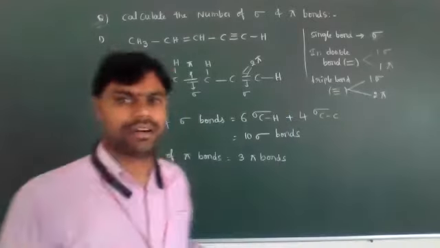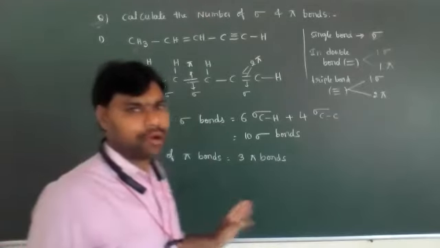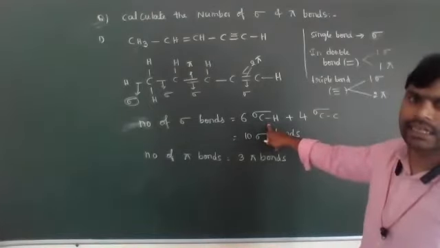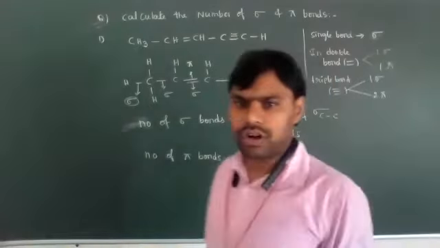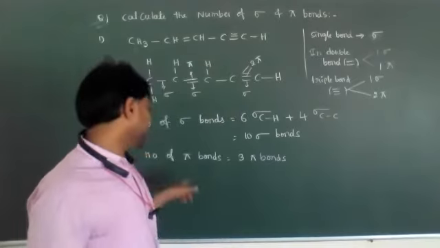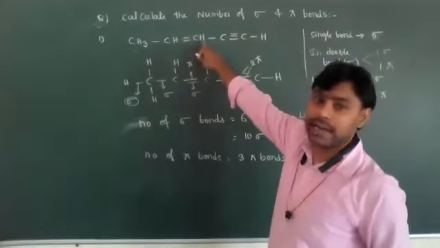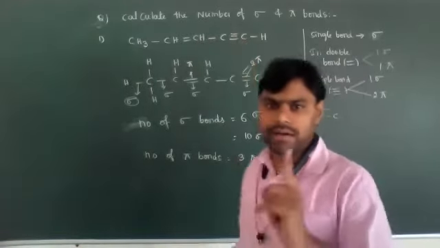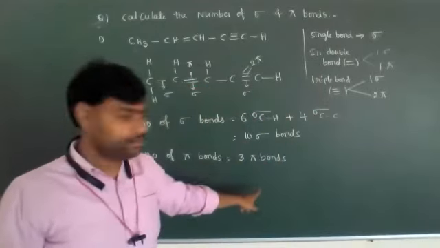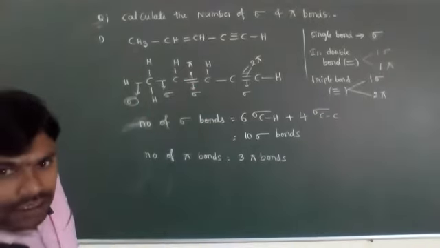This is a hint. Okay, so based on that, now tell me how many sigma and how many pi bonds are present in this compound. Total single bonds 10 are present. Out of the 10, 6 are carbon and hydrogen bonds, 4 are carbon and carbon bonds. That's why total 10 sigma bonds are present. The remaining: how many pi bonds are present? The given organic compound contains 1 double bond and 1 triple bond. 1 double bond means 1 pi bond is present. 1 triple bond means 2 pi bonds are present. 2 plus 1, 3 pi bonds are present. Understood? Abhay? Just logic.